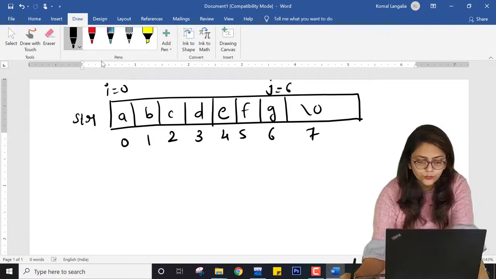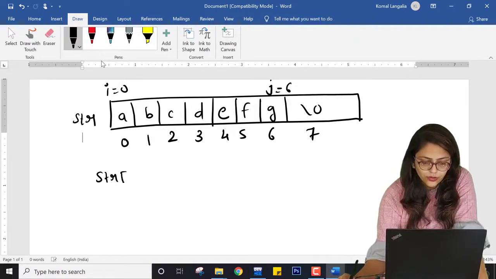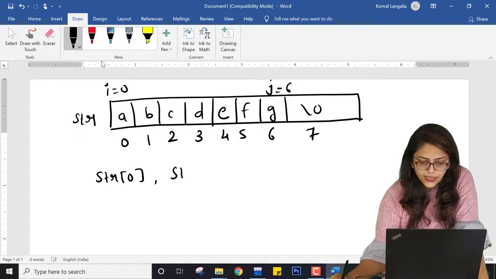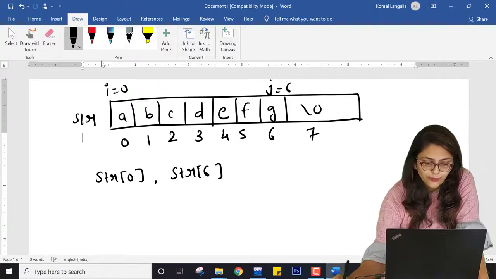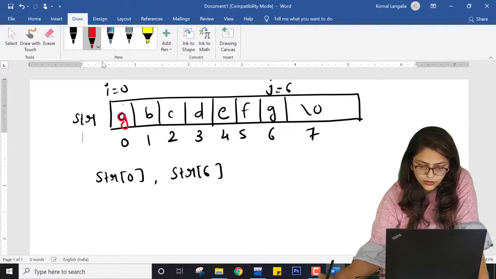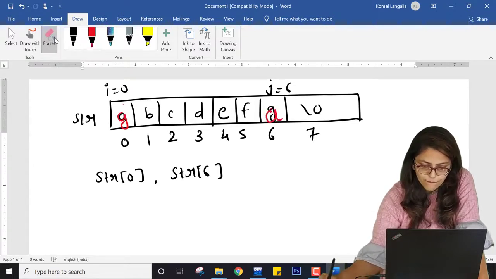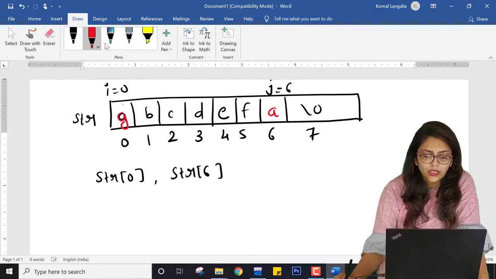Now what am I going to do? str of 0 and str of 6 will be swapped. So now it will be G over here and A will be here, right?